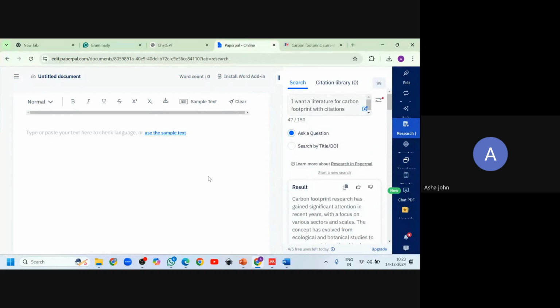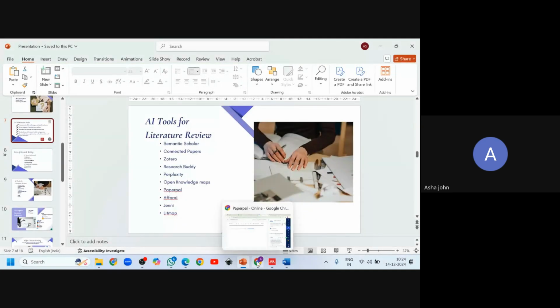This will provide up to five or six maximum. You'll have to regenerate. And one other thing is, this is not a paid version. For getting more searches, you will need to buy a subscription version of PaperPal. You can do at least up to 5. You can see here 4 out of 5. Free users can use only 5 per day.